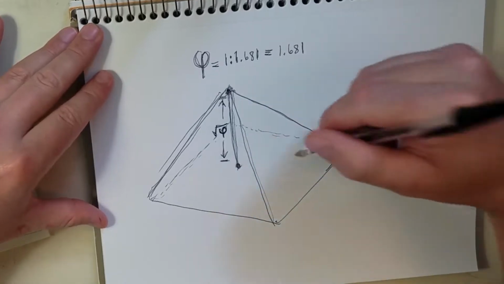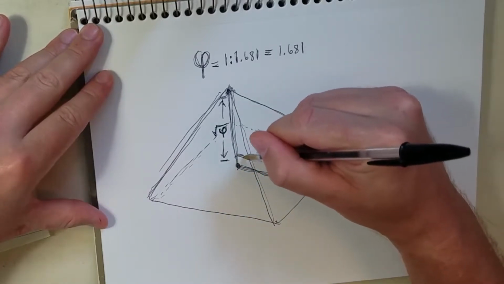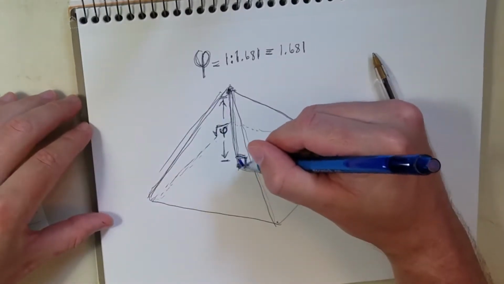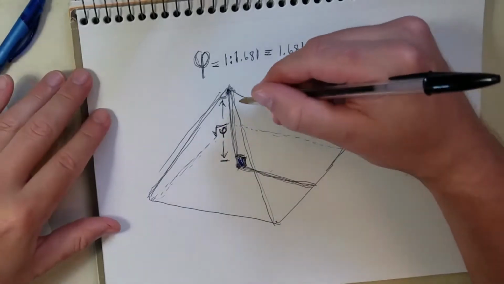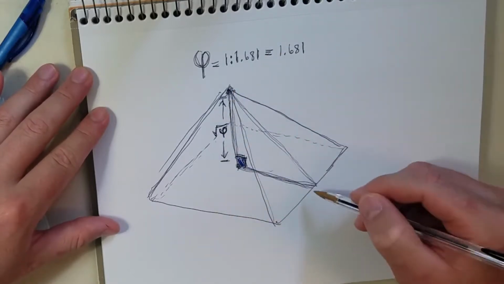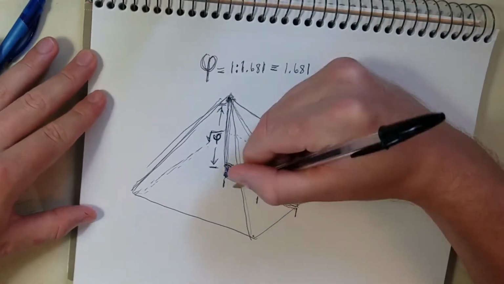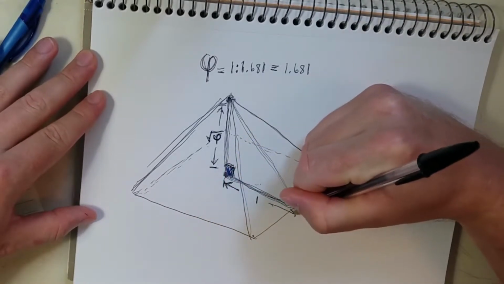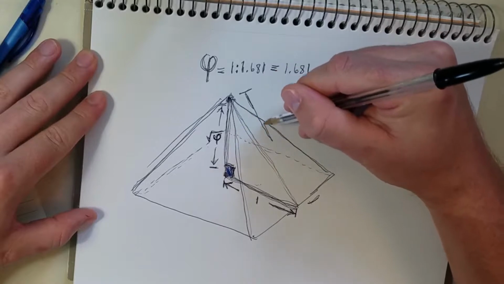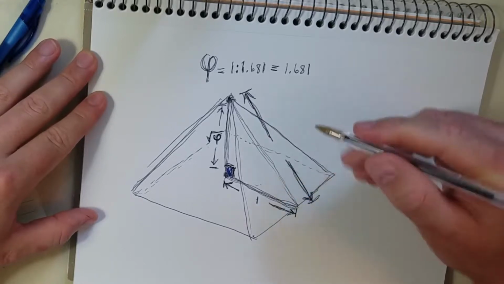And if we pretend, despite my drawing, that this is a right angle, then this right triangle right here would have a side of 1, and this side right here would have a side of V, which would be